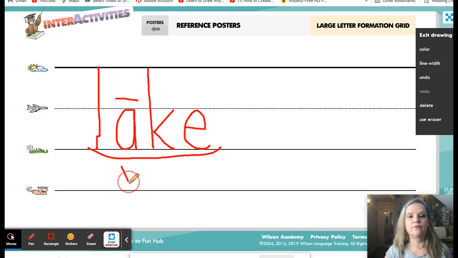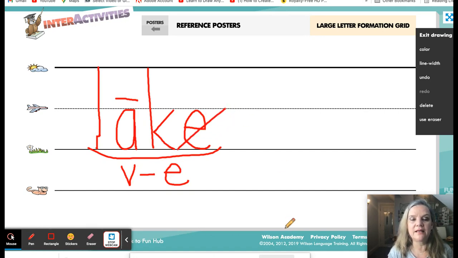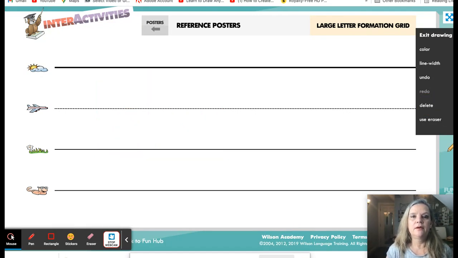And this is a V dash E. Because there's a vowel here and there is a silent E, so we cross that out. Lake. Okay, erase your board. The word is